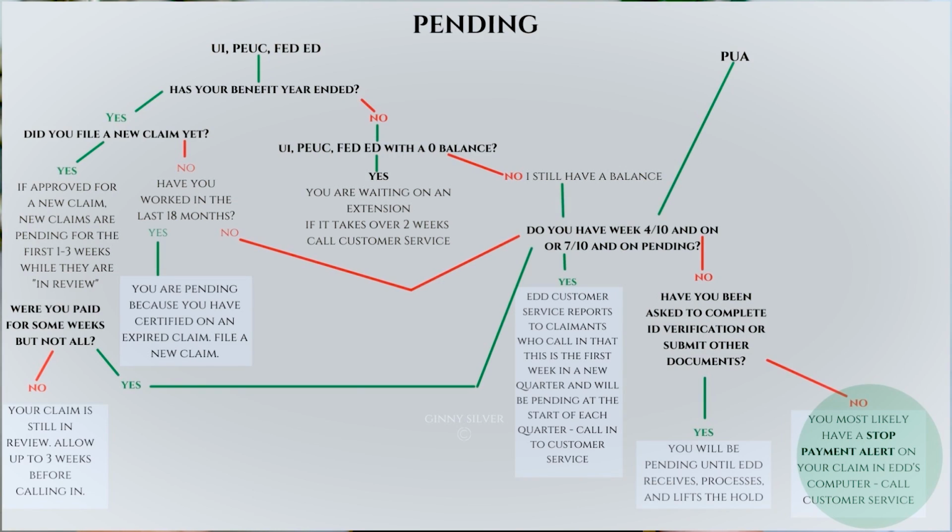If no, then you most likely have a stop payment alert on your claim in EDD's internal computer system. You will need to call in to customer service. Now, EDD's computer system is equipped with stop payment alerts, which means that if something trips up their system and they believe that you may not be entitled to benefits, it withholds your payments and puts you in pending until